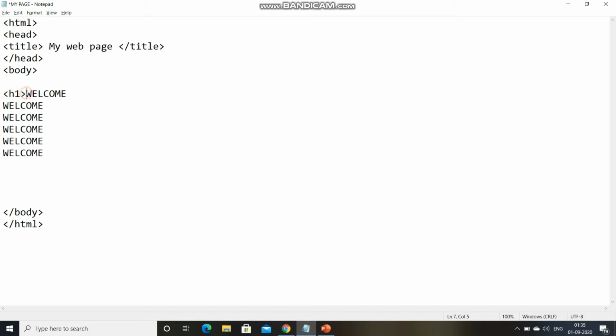Now this is the H1 heading, which is the largest. I have to close it also. Again, I'm creating the H2 heading, which is smaller than the H1 heading. Now H3 heading.